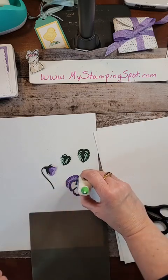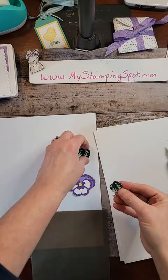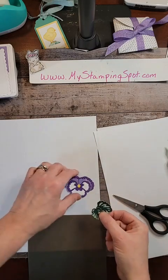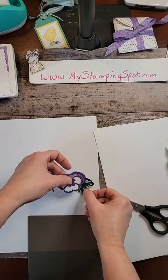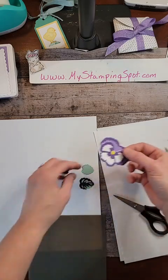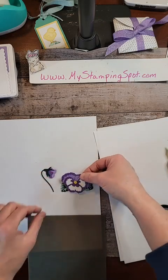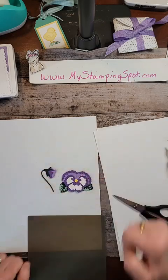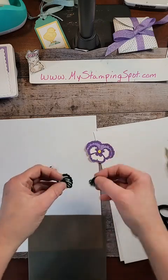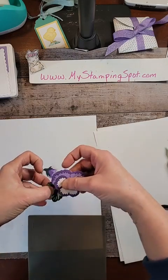I'm just going to put that on there for a second. Okay, now we just have to add some leaves. Now, you could add 2 leaves to one side, like so. You could add a leaf to each side, like so. I think I am going to add, thank you, Adrian, for sharing the post, the 2 leaves to